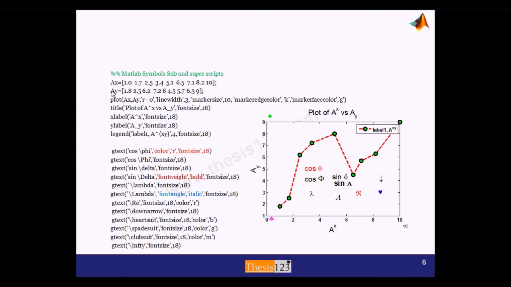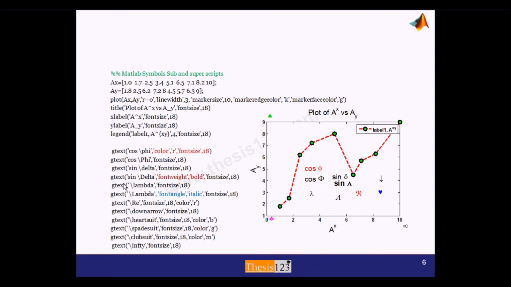In this example, I have taken ax and ay, and correspondingly I have written a plot of a comma y. So these two are plotted. Here I am specifically using a upper cap of x, which means a superscript of x, and a underscore of y is nothing but a subscript of y. It is with a font size of 18. When you set the color for all the text, the color of the Greek letters also changes automatically. So here I have changed the color to red, and the font size to 18.